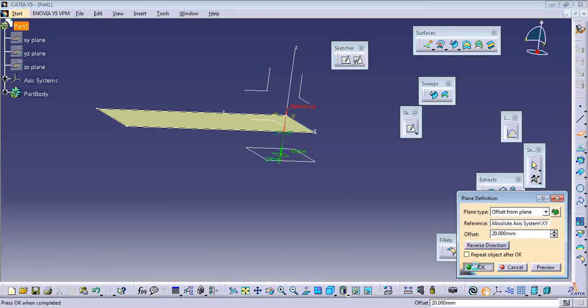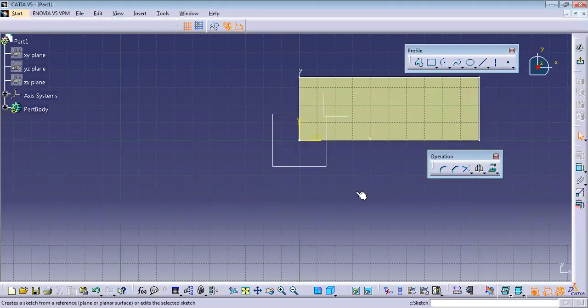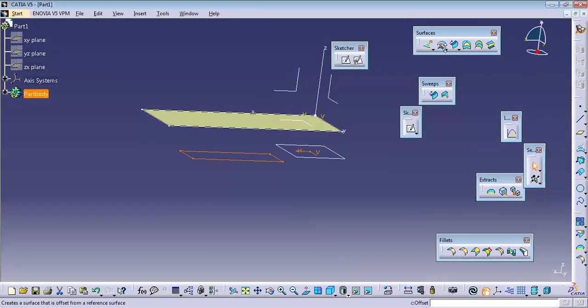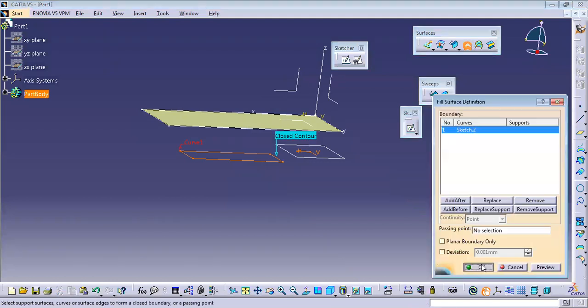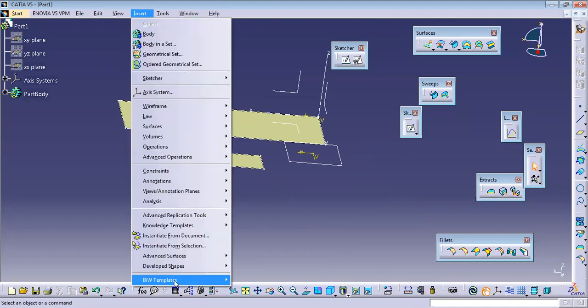Let it be 20 mm. So now I'll directly go on sketching with this plane. I'll create a rectangle so that it is a little bit shorter and settled in the center. Again, I'll say exit. Again, I'll fill this material. Okay. So now I'll create a relation between these two. So here a hole will be created and the surroundings will be closed. Okay. So once it is completed, you can easily see.